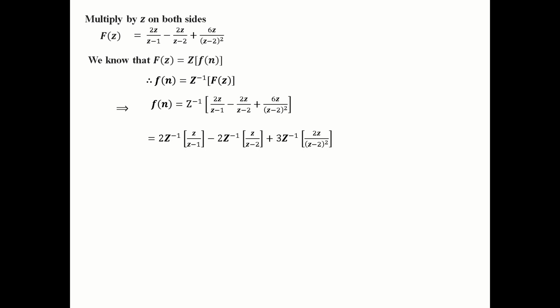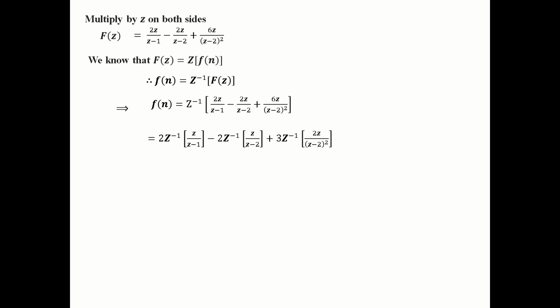We know f of z is equal to z of f of n. Therefore z inverse of f of z, which is equal to f of n, is nothing but z inverse of each term. Taking z inverse on both sides of f of z, which is equal to 2z by z minus 1 minus 2z by z minus 2 plus 6z by z minus 2 the whole square. So z inverse means you will get f of n, which is equal to z inverse of the right hand side. So taking separately z inverse of